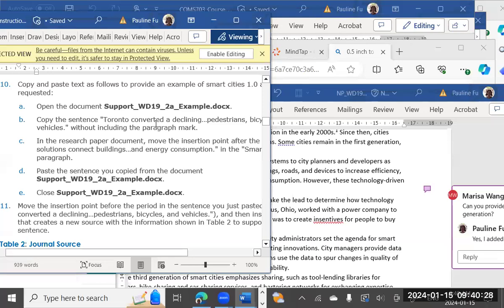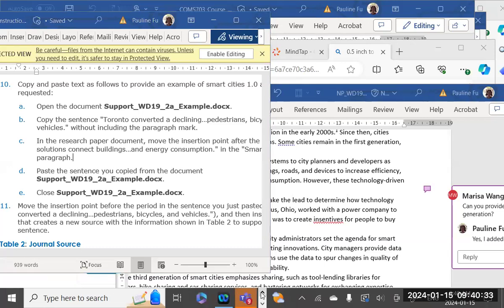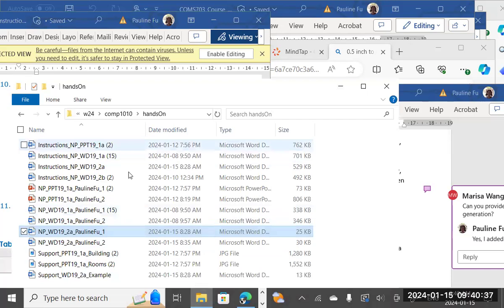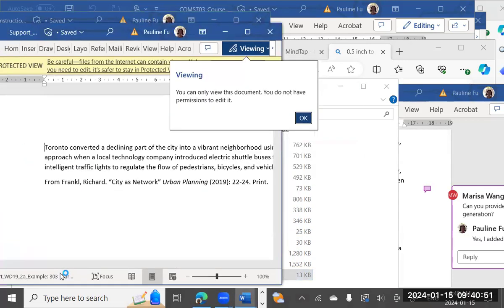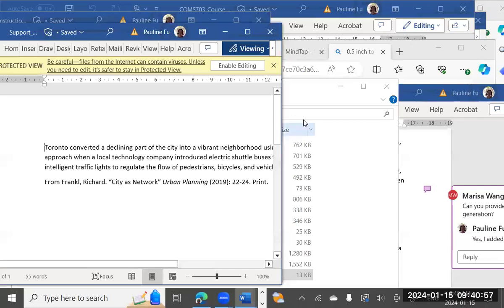So first, we need to open that support file. In my case, I saved it in the hands-on support file. Here, this is the support file, WD19_2A. Double click to open it. You can only view, just click OK button. And now